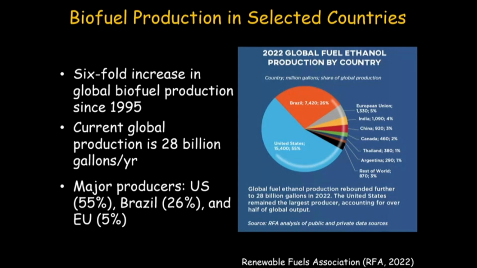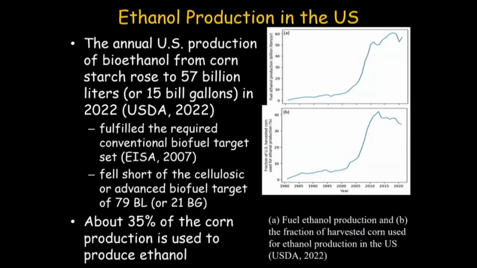So now it's very clear, the US is the major producer of ethanol. This is another important point. The US is putting a lot of effort into producing ethanol compared to other countries. Now, where is that ethanol coming from in the US? The annual US production I've already mentioned is about 15 billion gallons. It's not about 15, it's about 16, but the 15 billion gallons is coming from